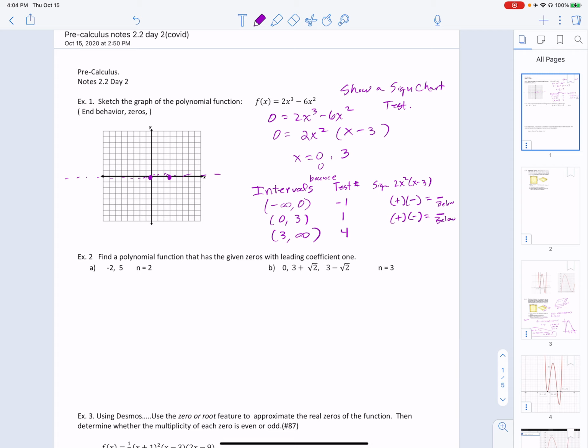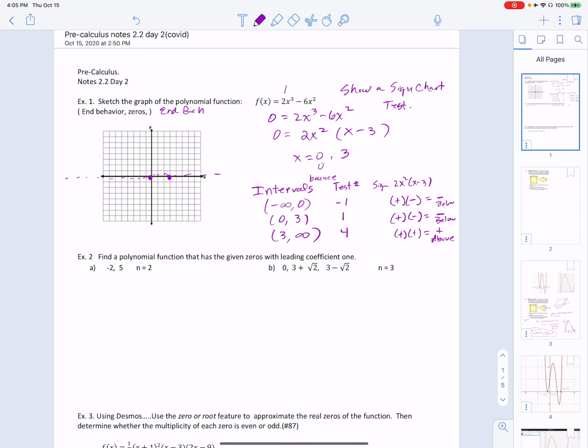And then if I put in a 4, I get positive, and then 4 minus 3 is +1. So I get positive times positive, and that product will be positive. And so in that interval, the graph will be above the x-axis. So that's one thing. And then for end behavior,